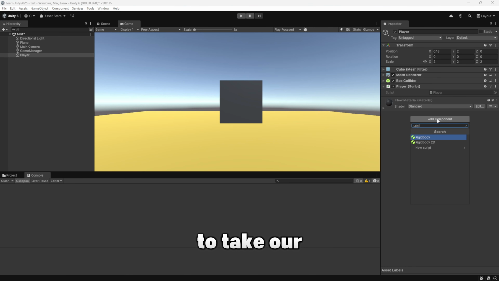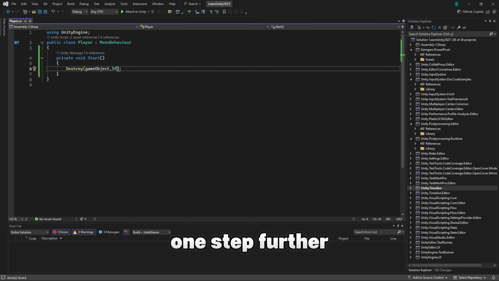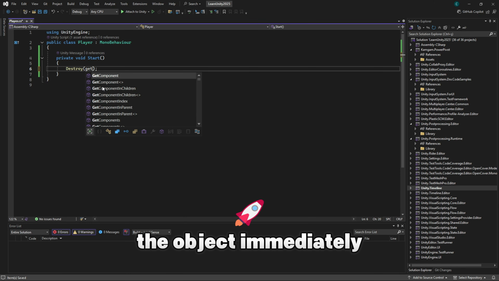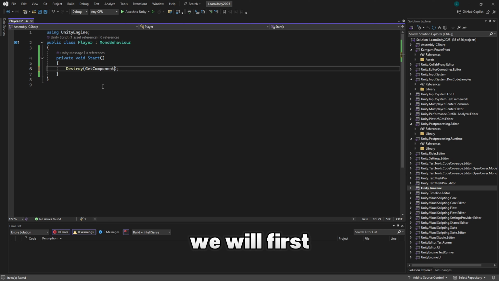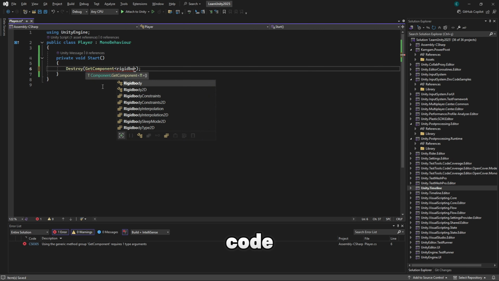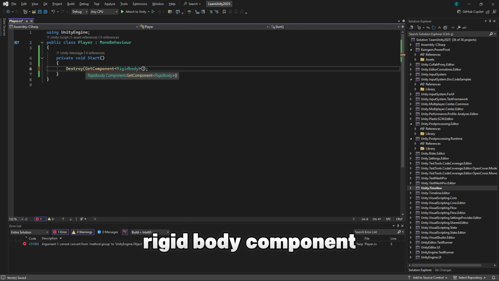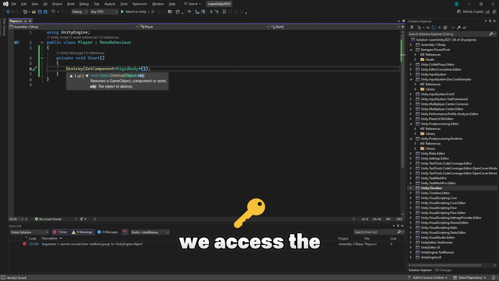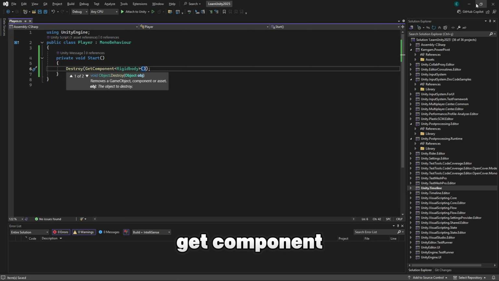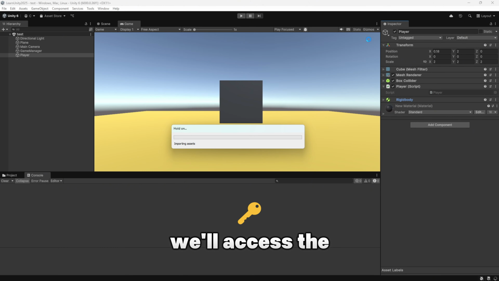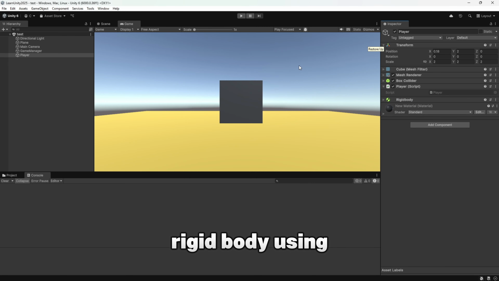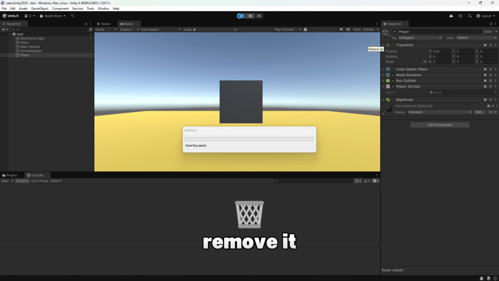Now, we're going to take our destroy function one step further. Instead of deleting the object immediately, we will first add a rigid body component to it, and finally access it from the code and destroy the rigid body component from our object. We access the rigid body using getComponent and then remove it. Let's test it out. First, we'll access the rigid body using getComponent, and then we'll remove it to see the